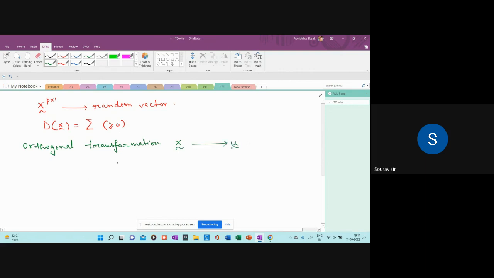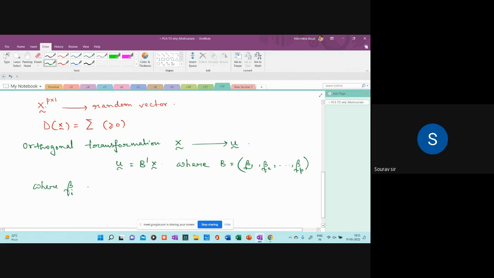The transformation is U curl equals B transpose X curl. What is my B? B is a matrix whose columns are the vectors beta 1 curl, beta 2 curl, up to beta p curl, where